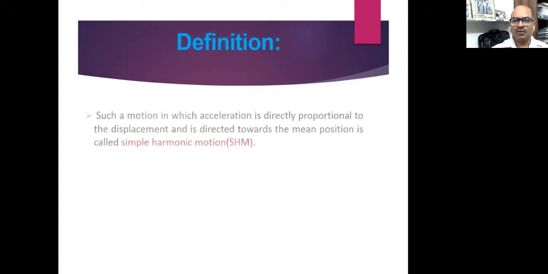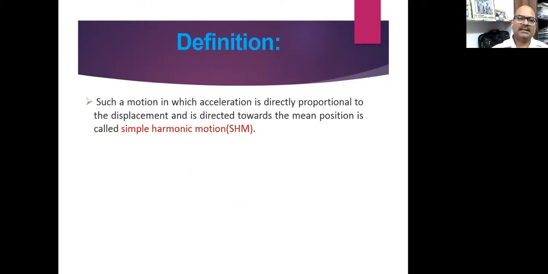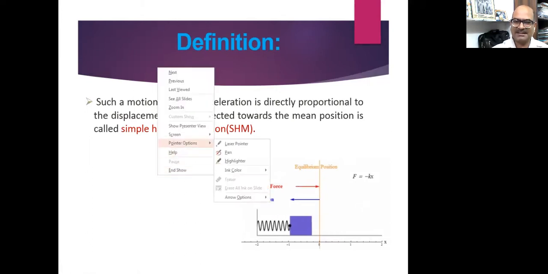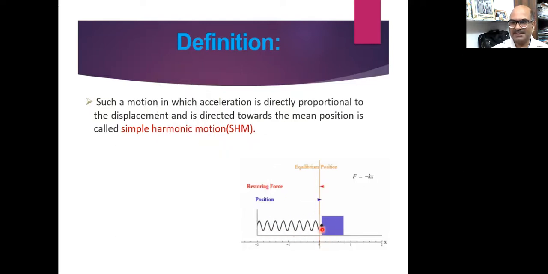What actually is it? If you go by the definition, it's very simple. It is such a motion in which acceleration is directly proportional to the displacement and is directed towards the mean position. It's called simple harmonic motion. From the definition, I hope it's not easy to understand what it is saying. But I think it will be understood by this diagram: this is the equilibrium position, around which it takes an equal amount of displacement